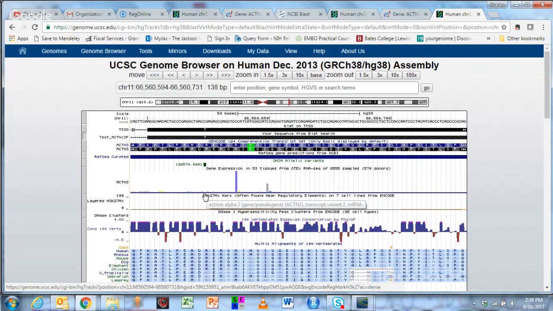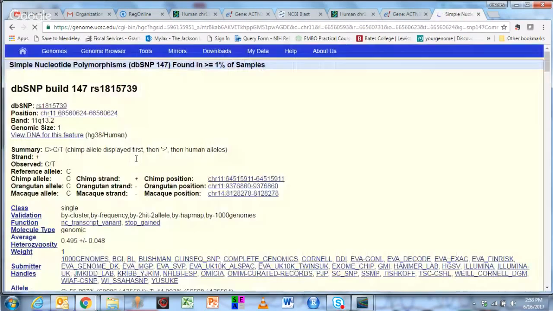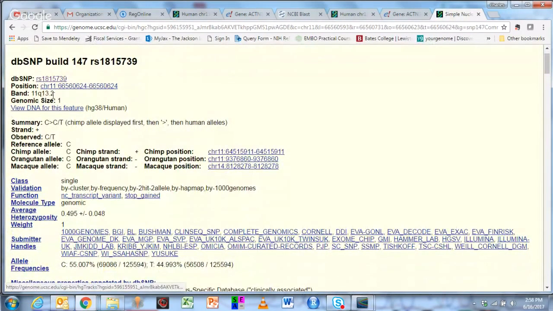And also down here, you can see that the database picks up a SNP number. If you highlight this, it takes you out to dbSNP, which is a database of all human SNPs. It's one base pair long and gives you the exact location. It shows that the reference allele is C, that chimp, orang, and macaque all have C, and the variant